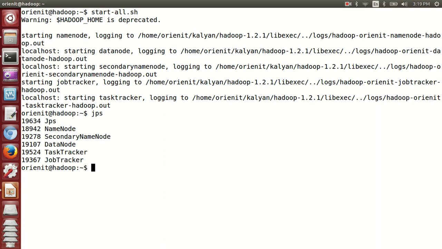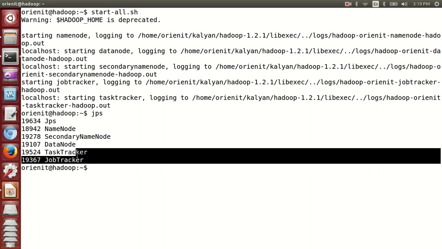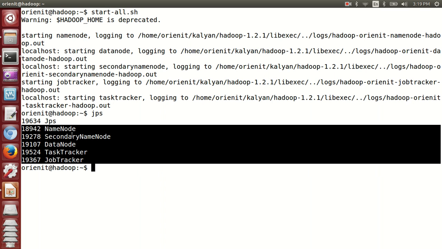Let's verify with JPS. When I say JPS, it lists out what processes are currently running in my machine and the corresponding process IDs also. As part of the expectation, all the 5 processes have to start. So now it is started. We want to open this information through a browser. Hadoop gives HTTP support. So for that, the HTTP URL for the name node is